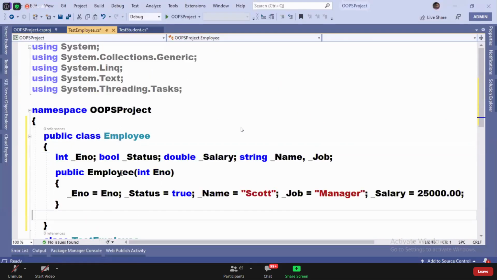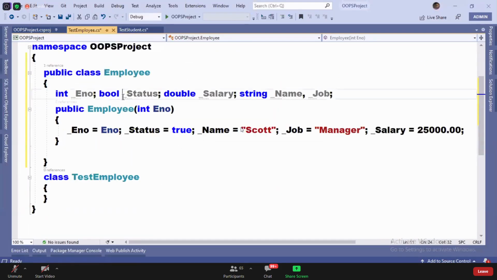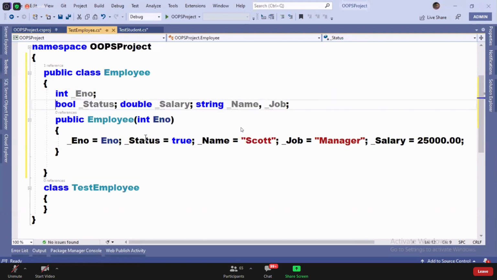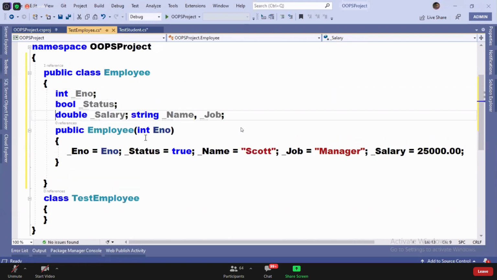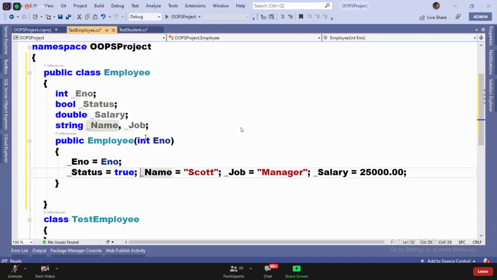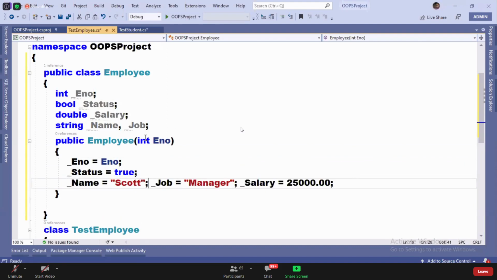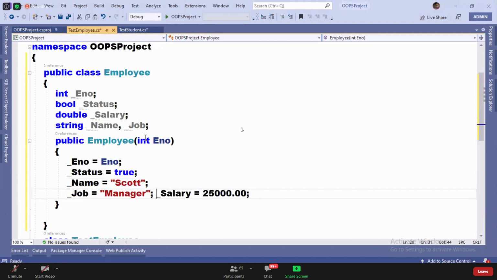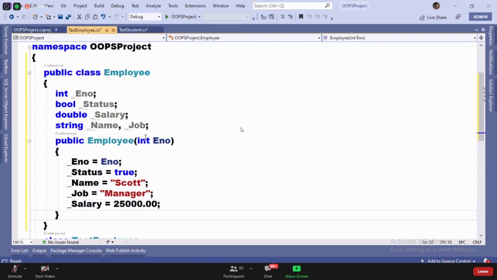Watch this code. This code is exactly the same as the code I explained to you in the customer class. We did this only, no?